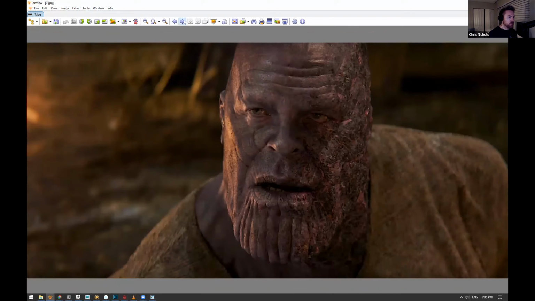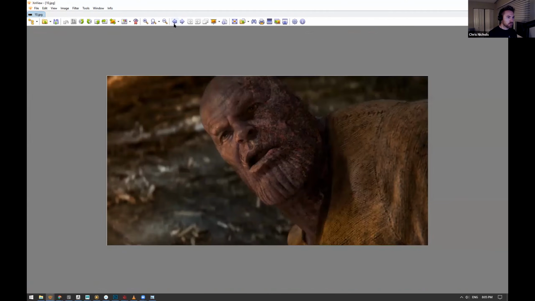Now, the big thing with Endgame is that Thanos is damaged on one side of his face because he uses the double snap, meaning that a surge of power has gone through all over the left side of Thanos's face, and it's damaged it. It feels really burnt and crispy. Now, when we started working on Endgame, the studio wasn't quite sure what that should look like. So I spent a couple of weeks just trying to figure that out in 2D.